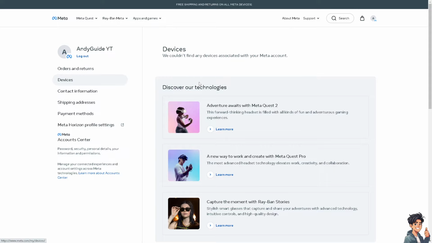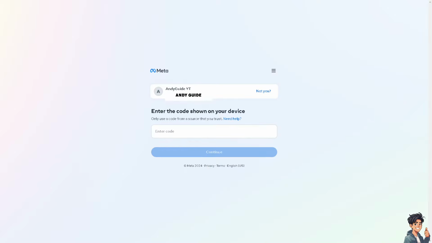Obviously, I don't have that option right now, but if you do, just click on the following options, all right? Click the settings on the top right, and of course, you just need to select the add account on the top right. Now, from your mobile phone, you need to go to this specific website, www.meta.com/device, and you need to enter the 8-digit code from your headset. All right, and from your headset, complete the initial setup, including the logging in and adjusting headset fit and setting